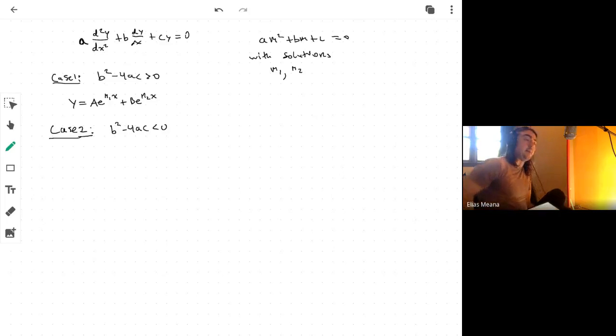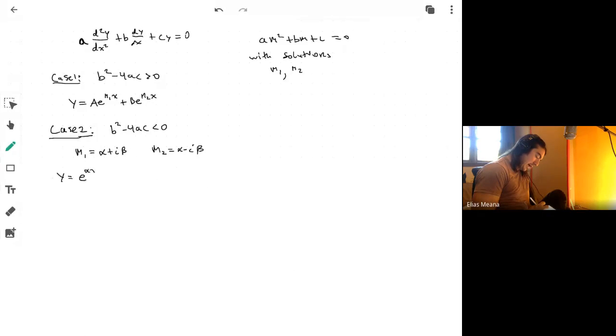This tells us that m1 is alpha plus i beta, and m2 is alpha minus i beta. And furthermore, it tells us that our general solution is e to the alpha x times brackets